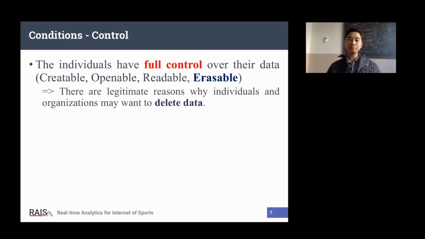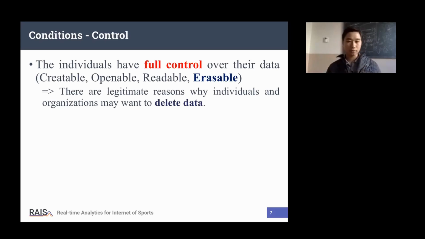Why? When you share your information with some company, if you change the policy for this company from grant to deny, that's easy. But the data you shared with the company is still there. It's still there for them. They can easily use it for other purposes.